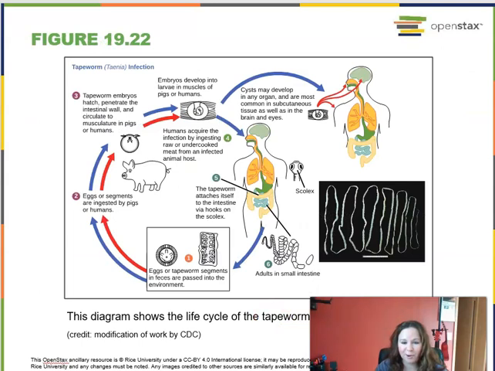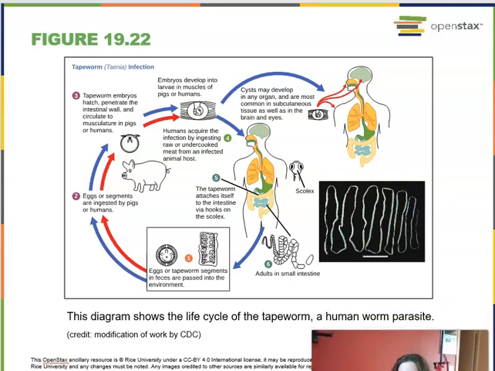There's a diagram, if you're interested, of the tapeworm life cycle and how a human can actually enter that life cycle if we eat raw or undercooked pork or fish or beef or any kind of meat that is infected with tapeworms. Fortunately, around where we live here in Minnesota, we inspect our meat quite well, so we don't have that problem as badly, and if you just cook it, it would kill the tapeworm and you wouldn't ever have to worry anyway. But tapeworms can live within our intestines and